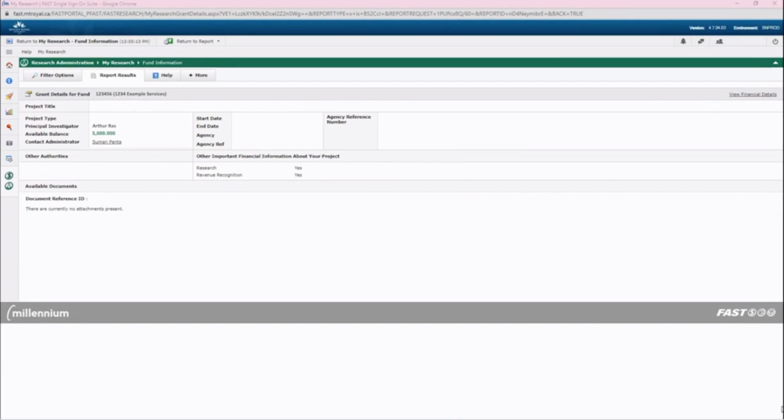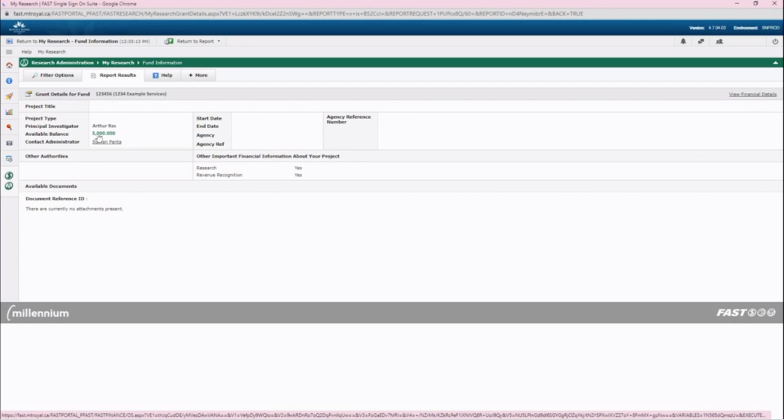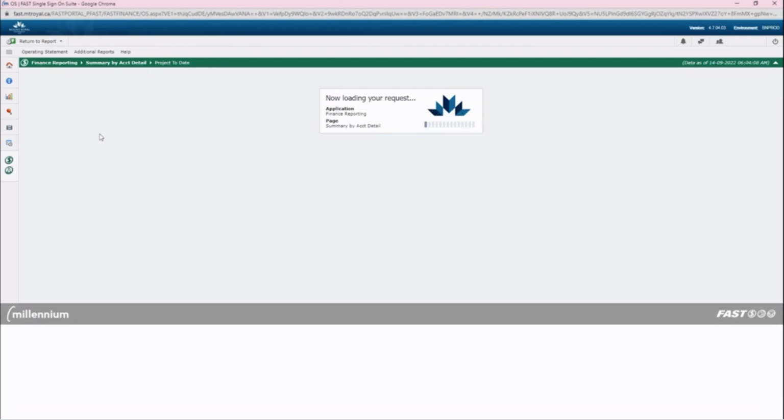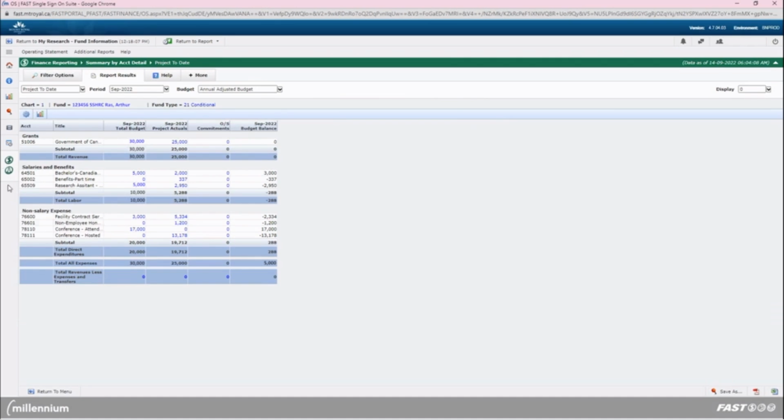Now that you know how to navigate to FAST finance reporting, it's time to learn the basics of how to filter dates within your project balance reports. Once you complete the final step to navigate from the My Research screen by selecting the available balance here, FAST Research will bring you into finance reporting where you'll see fund balances for your project. It is important to remember that the fund balances will show the project-to-date numbers as a default when it opens in finance reporting. This means that fund balances will show a cumulative total from the beginning of your project to the current date you are looking at the numbers in FAST,